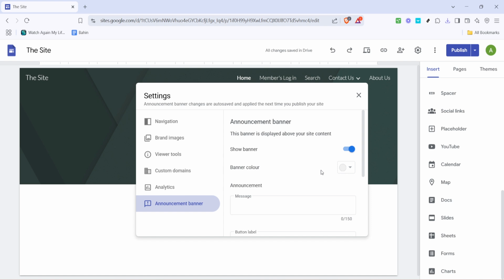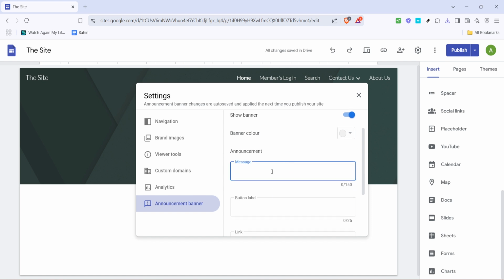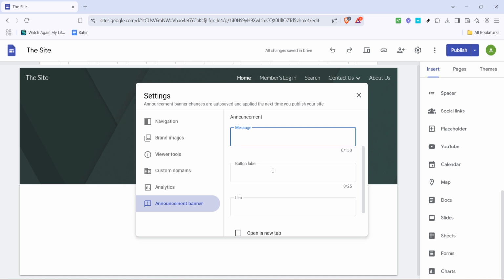With the color set, it's time to put a message on your banner. For this, simply click on the text box named Announcement to type your message. Your message might be a warm greeting, a recent update, or even a special offer. Keep it concise yet engaging to capture visitors' attention right away. Crafting the right message can encourage your site visitors to take action or explore more, so choose your words wisely.